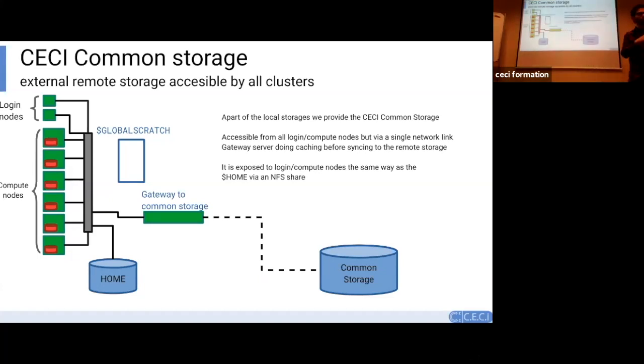The global scratch of NIC 5 is at the University of Liège next to the NIC 5 cluster, and the local scratch is inside the compute nodes of NIC 5. And the same thing for Hercules and Lemaitre 3. So each of them has its own solution providing global scratch. So the data you write in global scratch in Lemaitre 3 is not visible at all from NIC 5